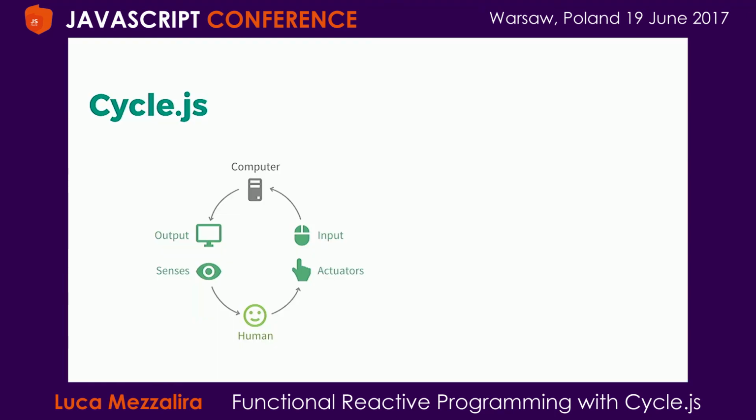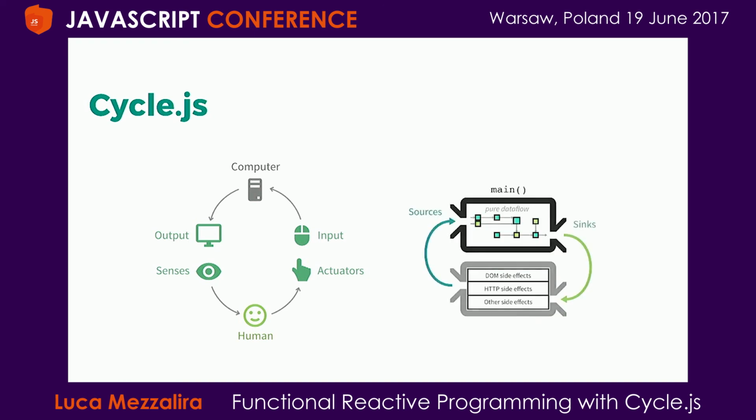In the case of the computer, the input is the user interaction, and the output is what I display on the screen. If you think about that, at the end of the day, what we got in Cycle.js is exactly this concept. What we are trying to achieve is creating some small cycles that are predictable, so I know what I'm going to display. That's the main concept. As you can see here, what we got is just two different containers.